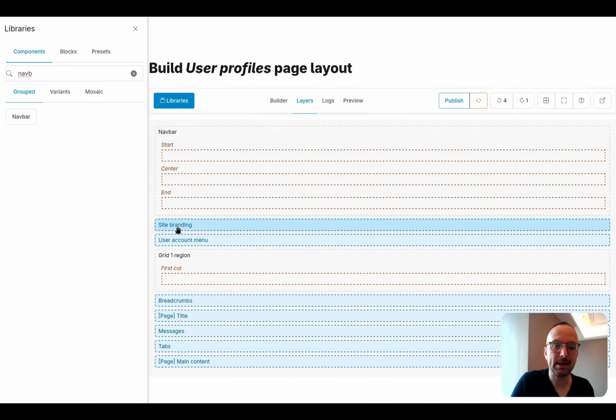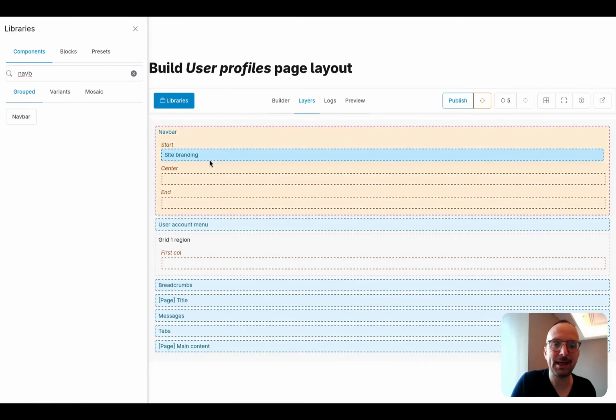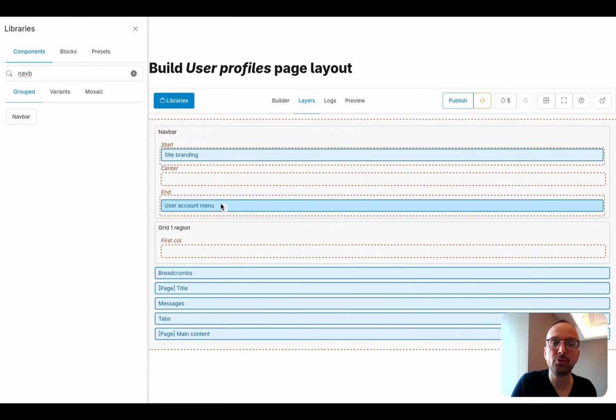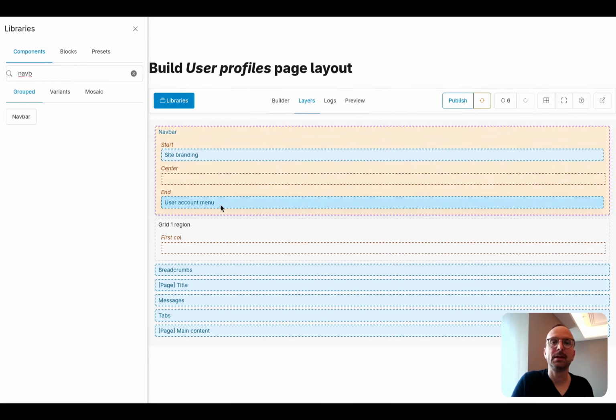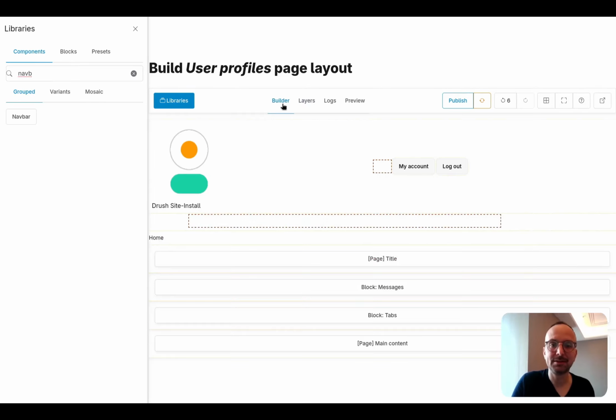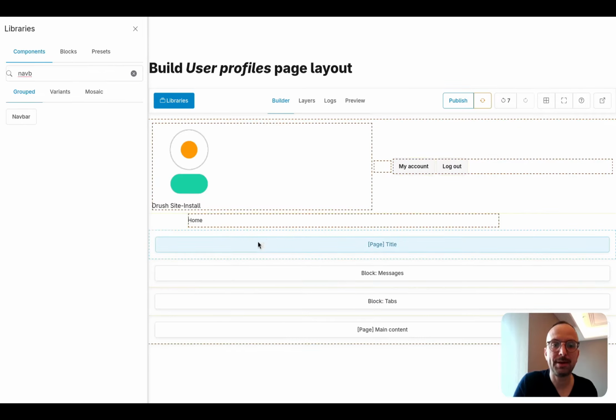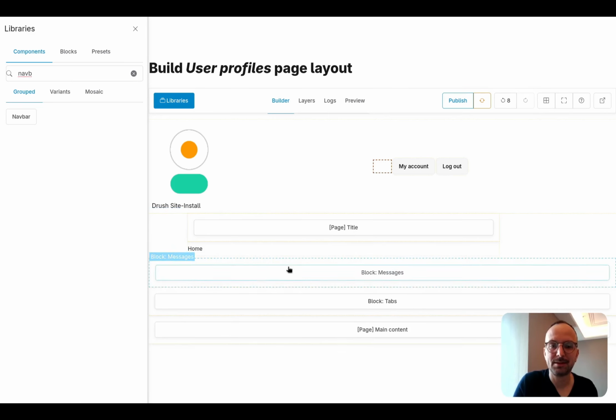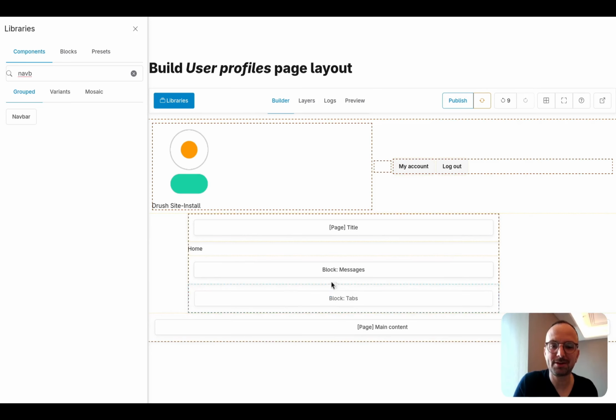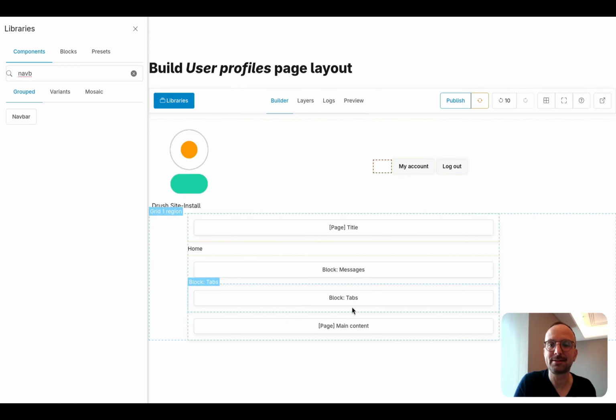For example, I put site branding in the navbar, and I do the same for user account menu. If I go back to my Builder tab, I can see everything is synchronized. Every view shares the same state, and I can keep going from here. Breadcrumb, page title, block message, block tabs, and main content in the other component.